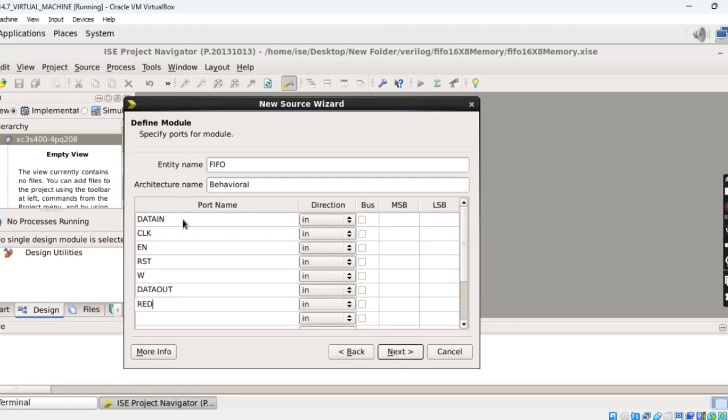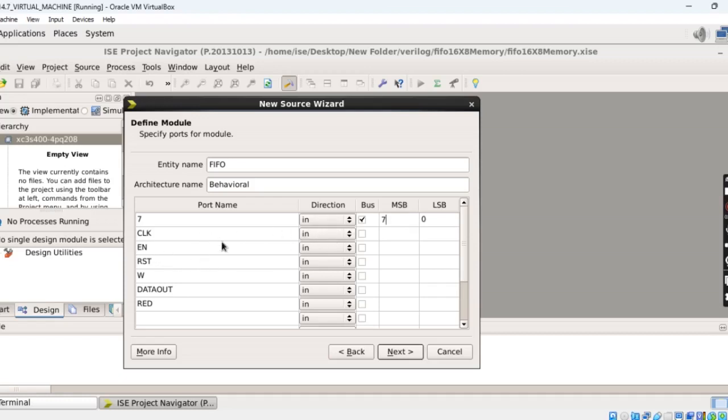Okay, so data in is an input port, actually it is a bus, so that's why I'm clicking here on bus. MSB: here we are using 16:8 memory, so the memory size is 8, so that's why 7 down to 0. Then clock is input.